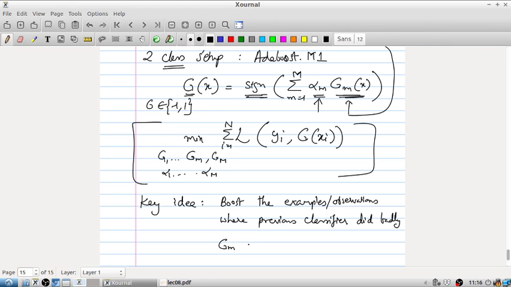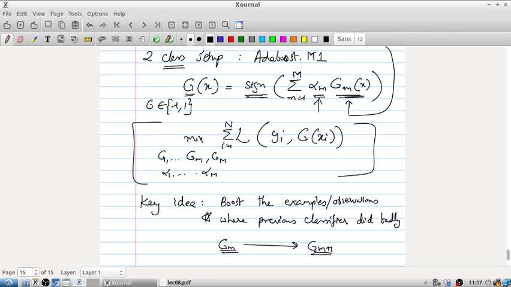Let me call it Gm, a classifier that we have somehow included in our sequence of weak classifiers, and I want to get Gm plus 1. That's the next one that I want to add to my list of the sum. To go from this to this, one key step is that these weak classifiers have